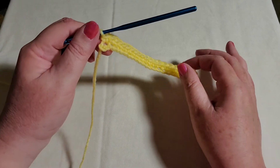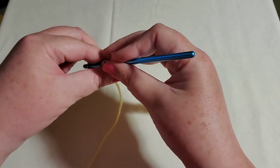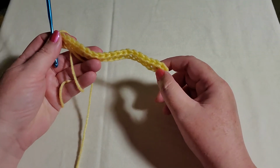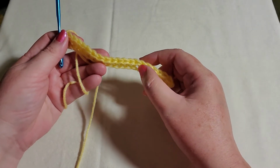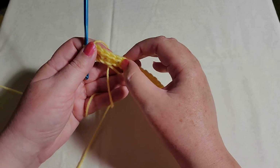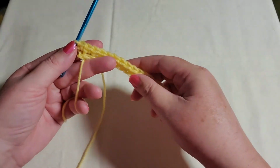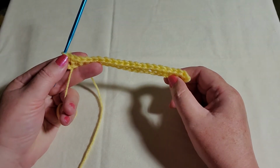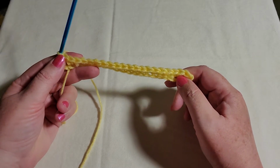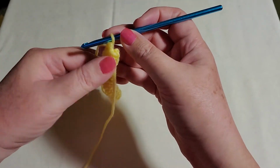At this point, you want to turn your work. First, we're going to count the number of stitches that are there. There should be 20. 1, 2, 3, 4, 5, 6, 7, 8, 9, 10, 11, 12, 13, 14, 15, 16, 17, 18, 19, 20. Perfect. You started chain with 21, but then you went into the second stitch from the end, bringing your total to 20. So you're going to turn your work at this point,